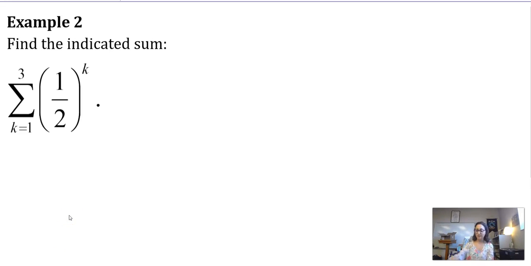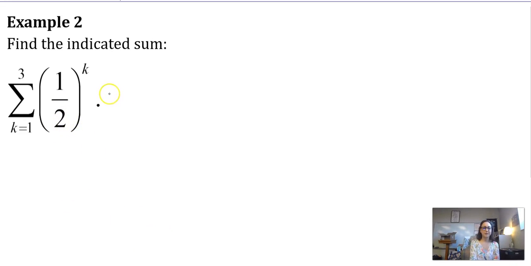All right, so we've got a sigma notation here of a sum, and we really need to figure out, first of all, is this arithmetic or geometric? So I need to know which of our formulas to use. Now, if you replace this k with an x and look at just the expression here, is that an exponential function or is it a linear function? It's an exponential function, and so whatever is being raised to that power, your base, is your r, your common